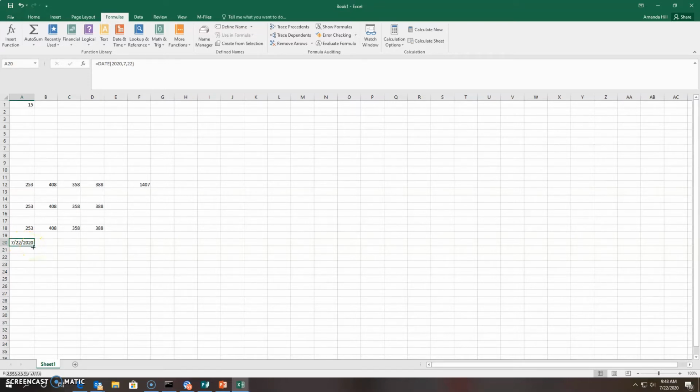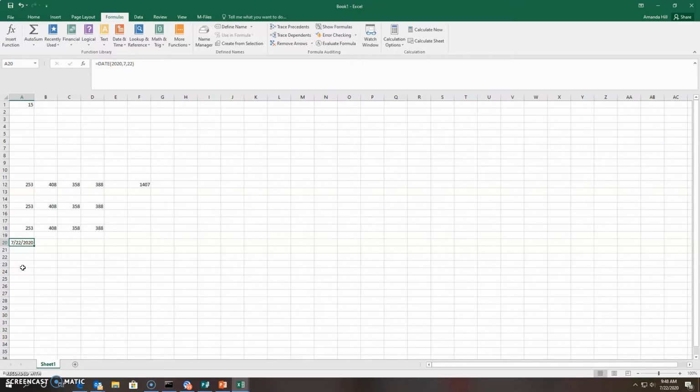If I open it tomorrow, it's going to say 7/22 because I don't have the today function in. But if I'm making changes on a spreadsheet pretty frequently, and I want the date to reflect the day it is and the changes that were made, you would want to put in the today function so it updates the